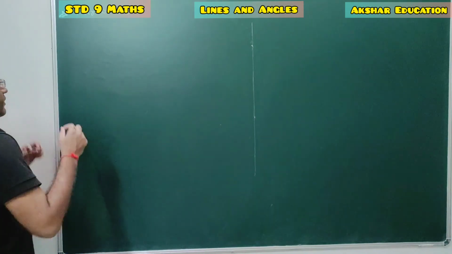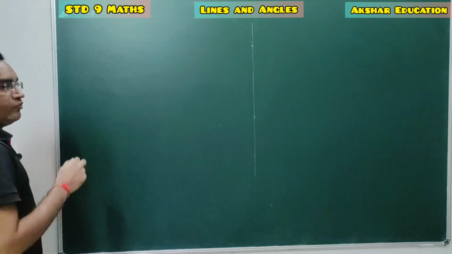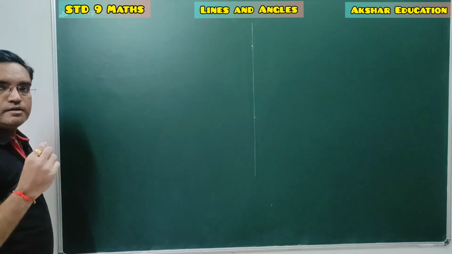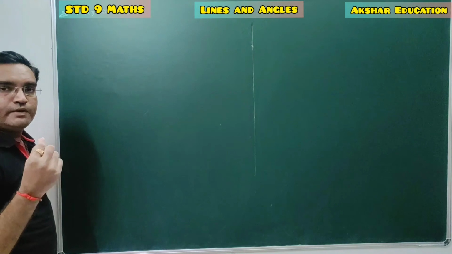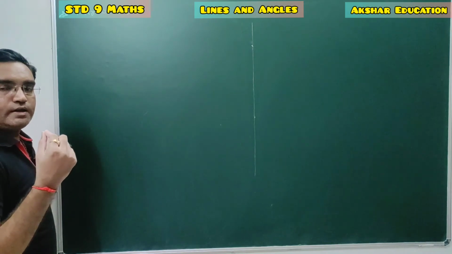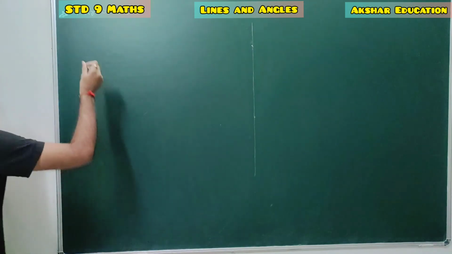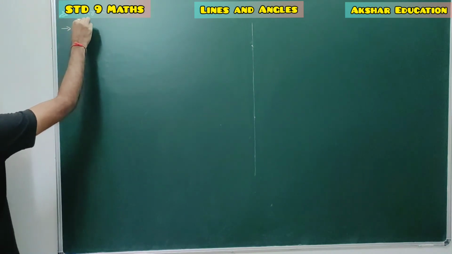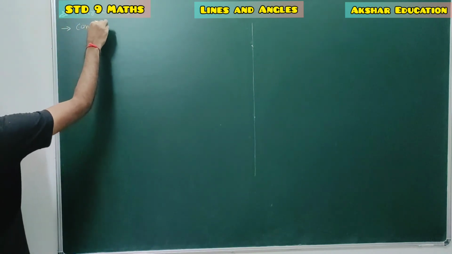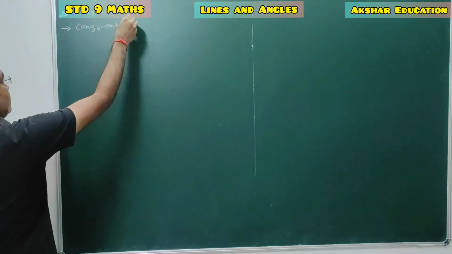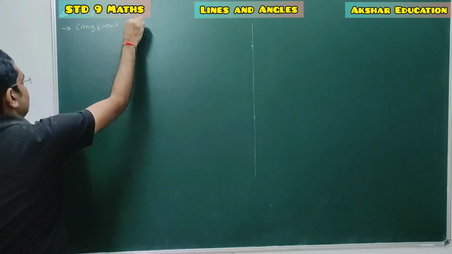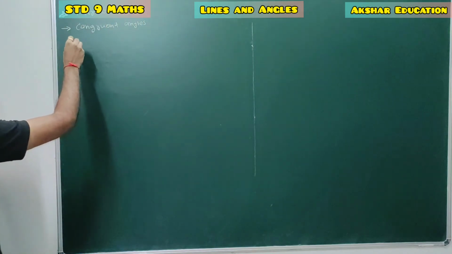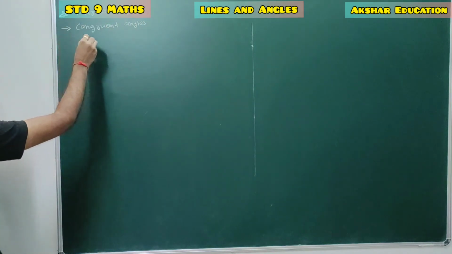Okay students, now the next topic is pair of angles. Pair of angles. In short, we are given two angles and we have to define the relationship between the two angles. So for given two angles, it can be congruent angles. The pair of angles can be congruent angles. So what is the meaning of congruent angles? Congruent angle means if the measures of two angles are equal,